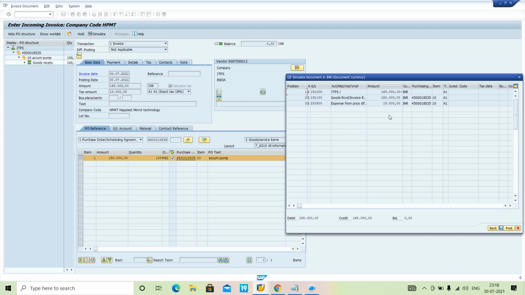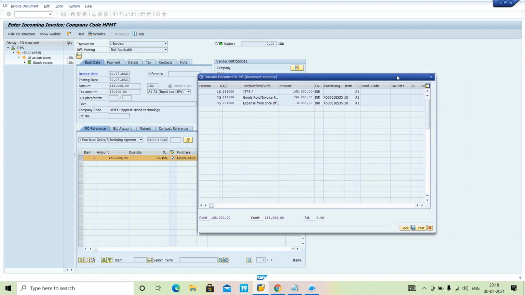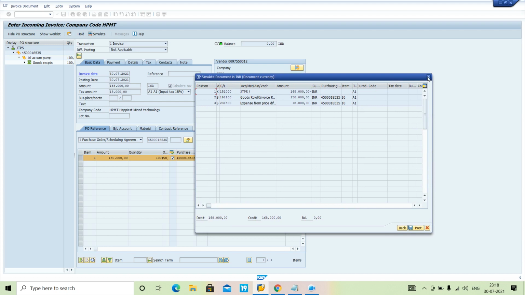So I have to remember always that when there is taxation, always in the Miro 3 accounting documents will be generated. Okay, so I hope you got my point, and I think it's enough for today.